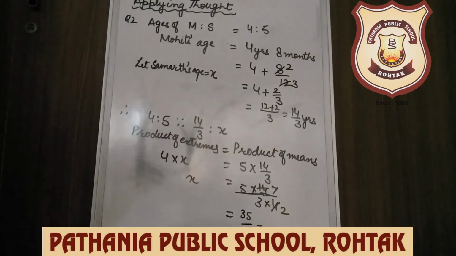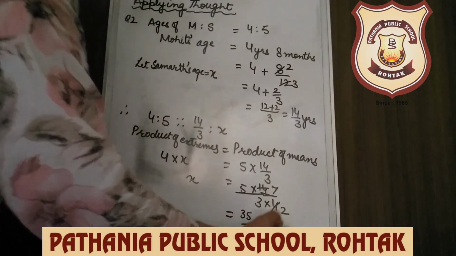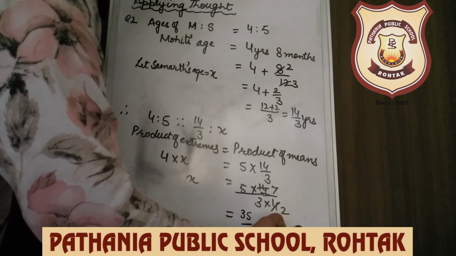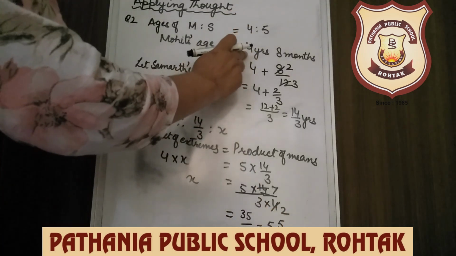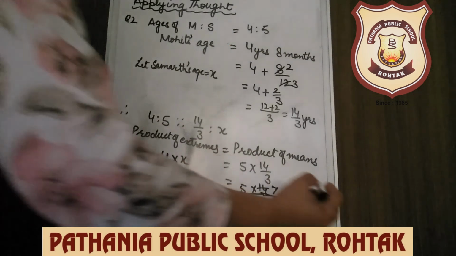Now after perfect, when we divide it, 6 5s are 30. Now 5 by 6 is left. But in your question it is given 4 years 8 months. Now convert this 5 by 6